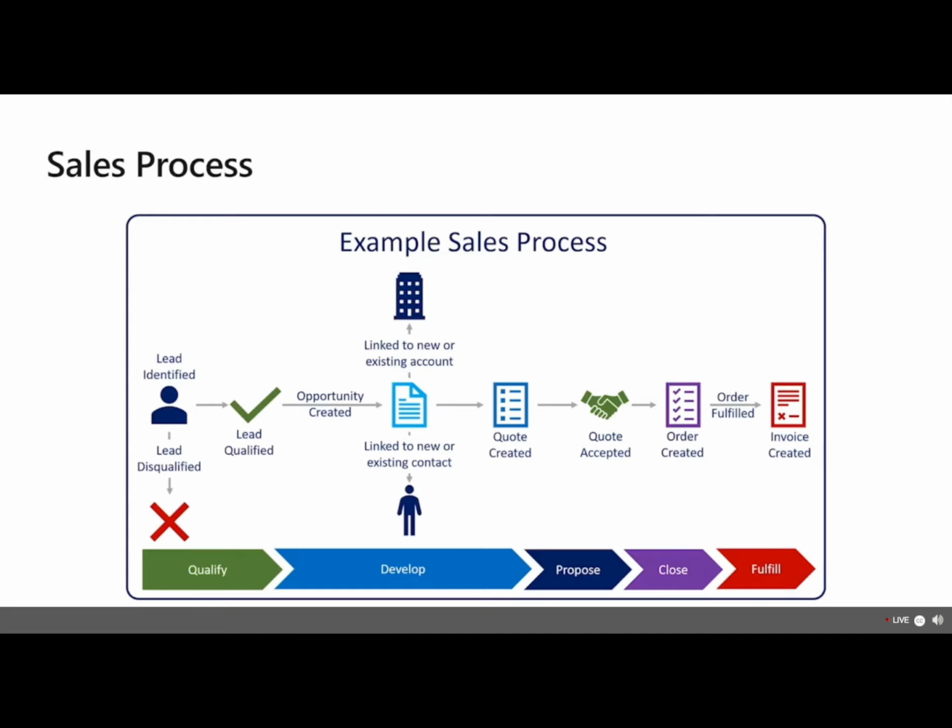And when they pursue that lead, we then have the opportunity to qualify that lead. We'll take a look in the program in just a minute so you can see what that step looks like within Dynamics. But from the lead stage, we go into our opportunity stage. In the opportunity stage, that's when we are moved from qualify to develop. And here is where you're creating the account information. This is where you're building the relationship with your customer, whether it's creating a brand new account or linking to an already existing contact. But this is where you're doing your research. This is really where